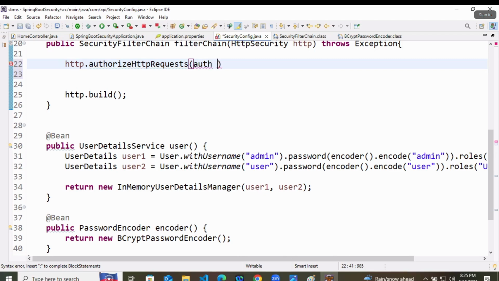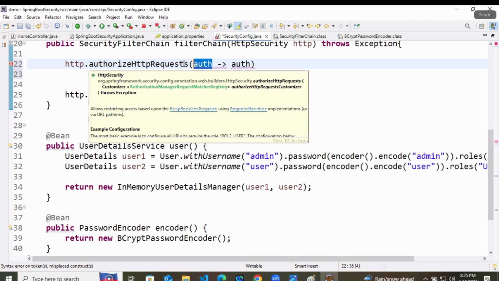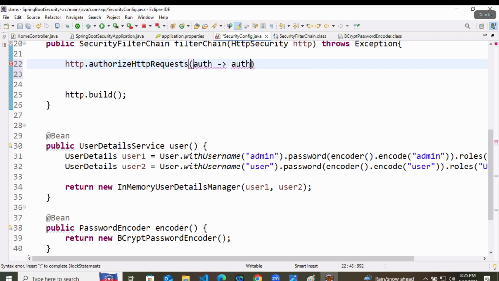So we will create a lambda expression here, means you will take the auth state and you will do auth. If you have worked with Firebase, then you will remember what this auth is. It is the state of any user, whether it is a logged in or a logged out user. So what we are doing here, we are creating http.authorizeHttpRequests, and here auth is the parameter. You can take anything, by the way.